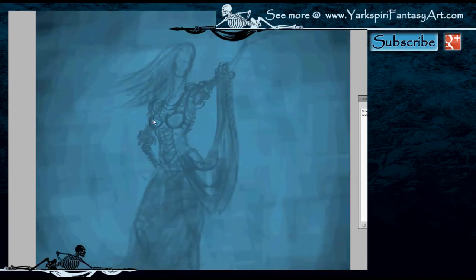So in order to do this, I went online and I actually just downloaded some free open source brushes